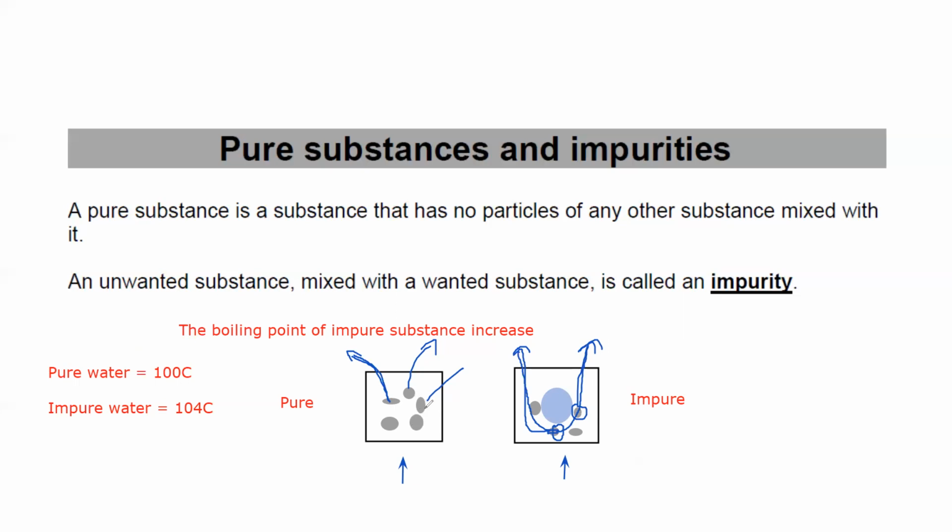Here, when we supply energy, these particles easily escape because they don't have other material on them. But here, when the particles gain energy, they have to push these impurity particles and then go out. That is why this will have a high boiling point. Is it clear to everyone, the effect of impurity? Okay, so